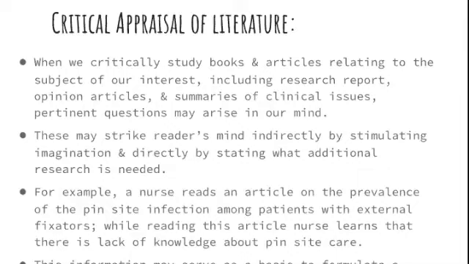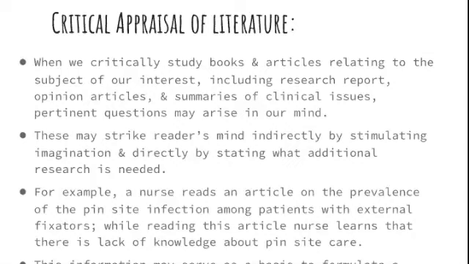The next is critical appraisal of literature. So when you think of any broad topic, if you put it in your internet or you look into a journal, you will find a lot of information on that topic. For example, if you are interested in hypertension, if you just go through Google Scholar or PubMed or your journals regarding the research related to hypertension, there will be plenty of literature available. The review of literature will give you a lot of information on a specific topic,